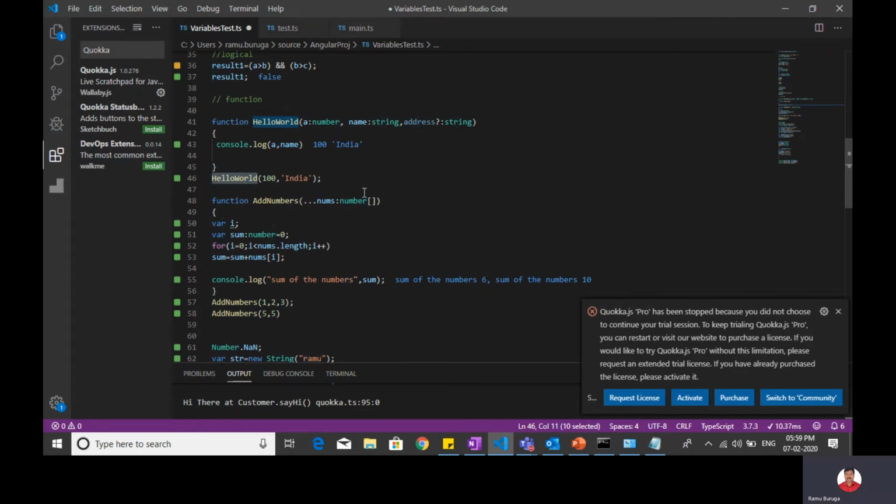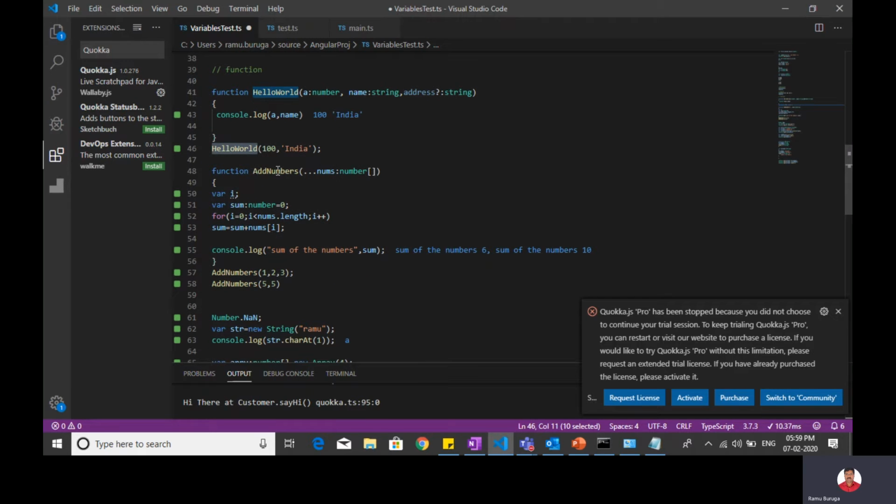So this is one thing. When you declare a function, you can use this triple dot, and nums of type number array I declared. That means infinite number type parameters you can pass to this function.